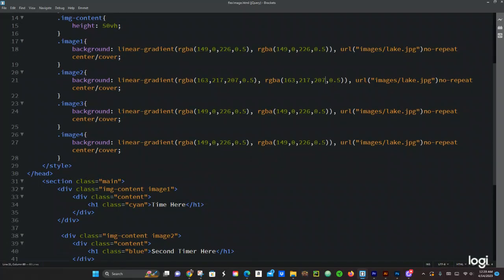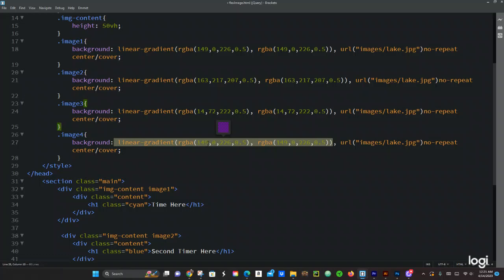Now let's change the next one. This is going to be 14. This is going to be 72. 72, and then we're going to have 222. Let's just change the last 222, and then we should be good. Let's copy these values right here and paste them in the next one. And then